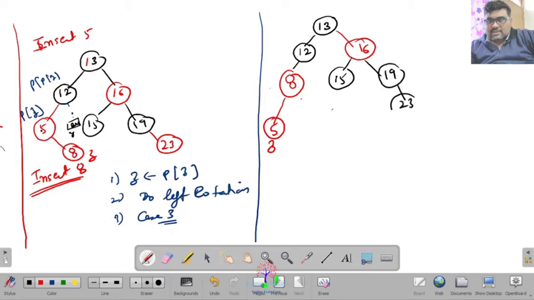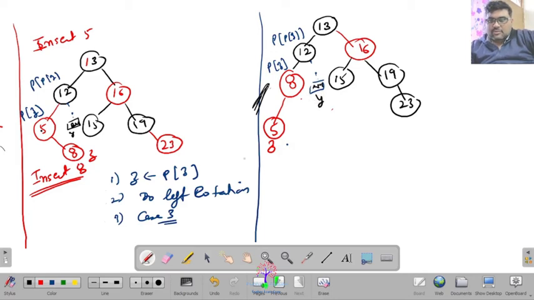But still it violates the property of a red black tree. So now the condition is different. Here 8 has now become the parent of Z, and 12 is the grandparent, and uncle Y is again nil, and this is black.